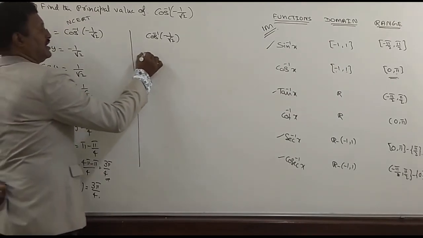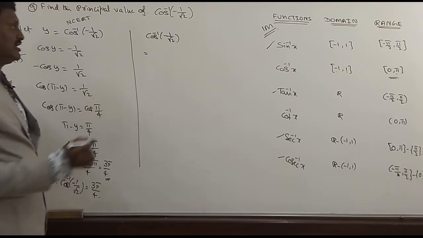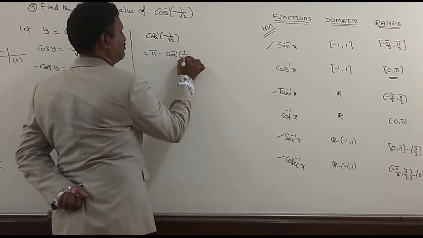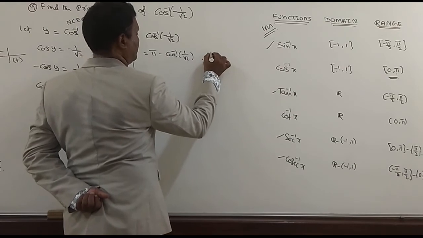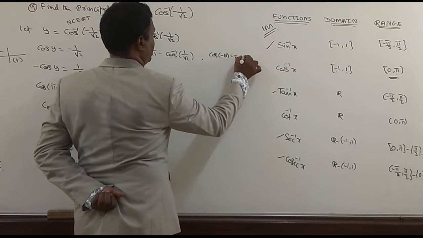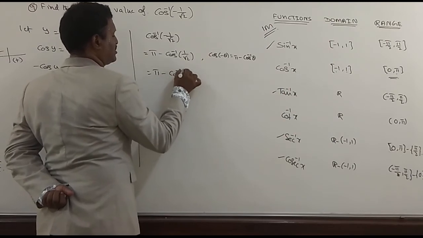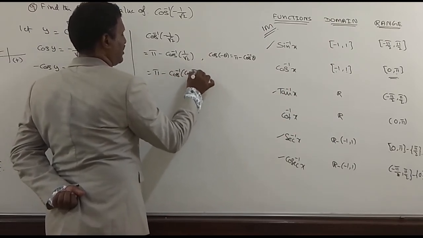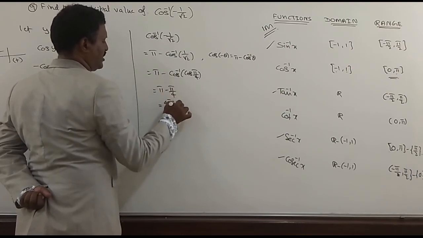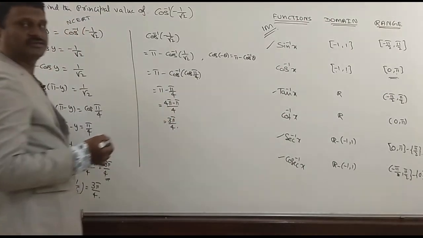How to solve? Now this is equal to, using the formula method, cos inverse of minus theta, pi minus cos inverse theta. So what we can write, pi minus cos inverse theta, that means 1 by root 2. Formula, cos inverse of minus theta equal to pi minus cos inverse theta. Now pi you write down as it is, minus cos inverse of 1 by root 2 we can write cos pi by 4. Now pi minus pi by 4. Now what we can write, 4 pi minus pi by 4. So you will get 3 pi by 4. Take down the answer.